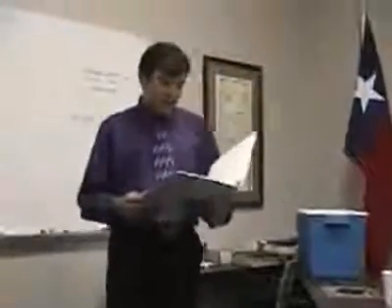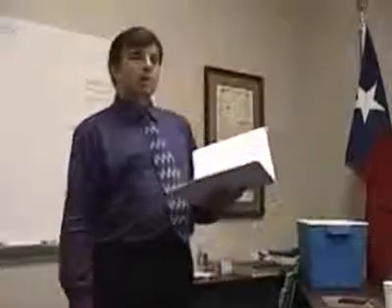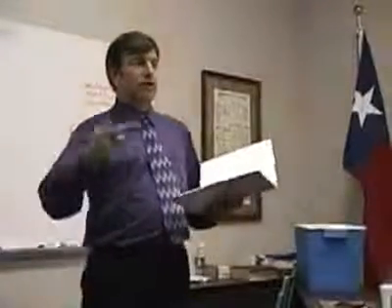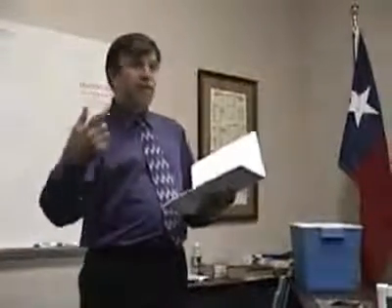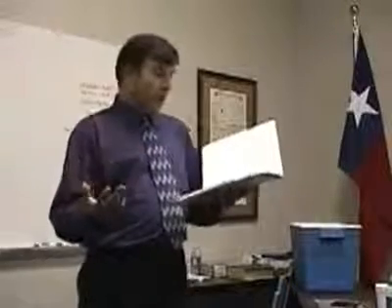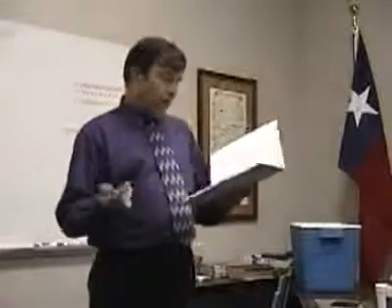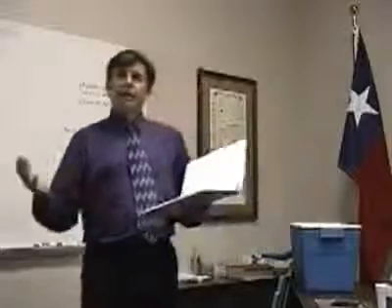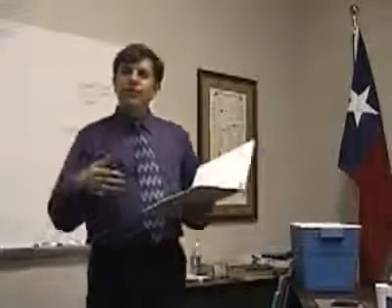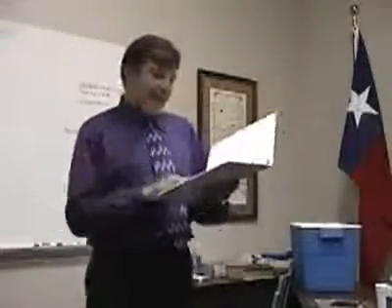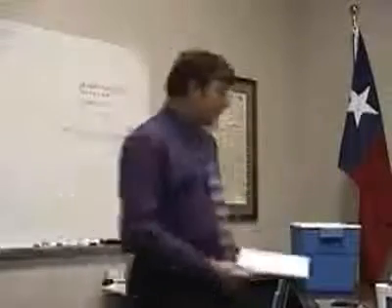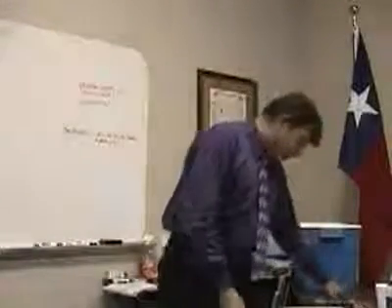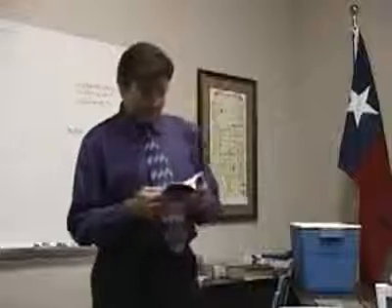We've managed to squeeze our way through the first three articles of the Constitution: legislative, executive, and judicial. Now we're going to go on to Article 4. Article 4 basically talks about how the states and federal government were going to interact, and it also sets up state citizens. So let's go to page 33